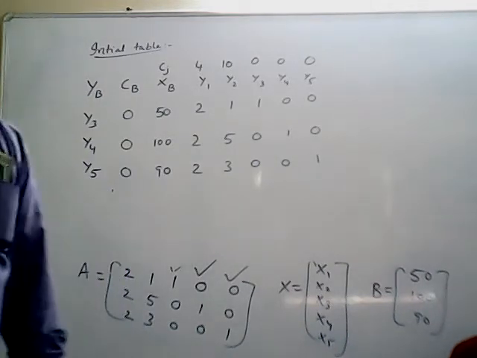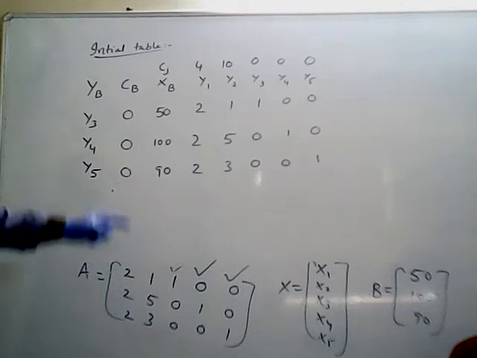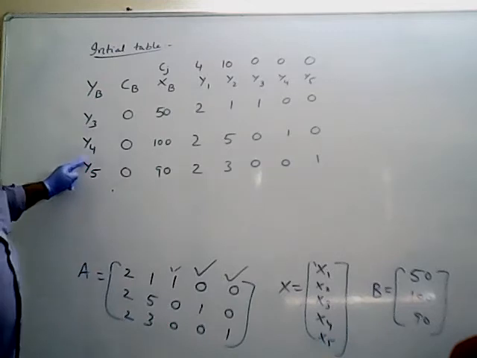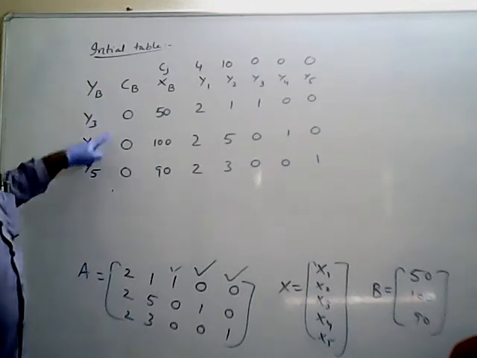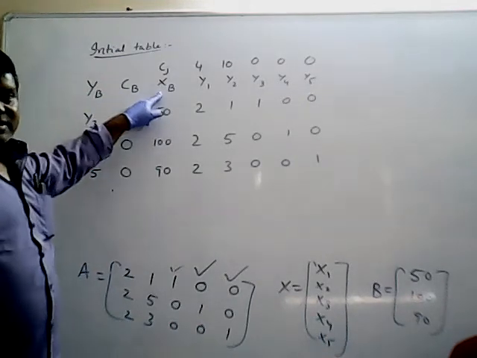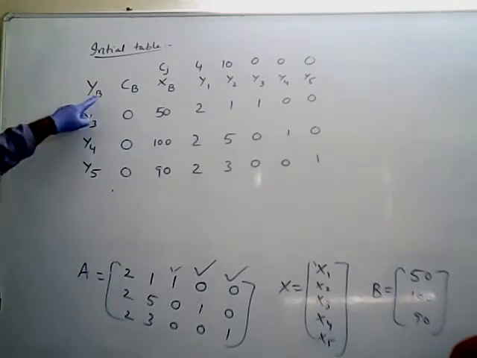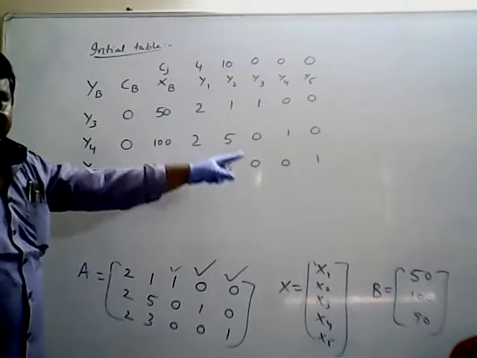So I think all of you understood how to fill the initial table. What are the columns there? YP, and YP means the variables that enter into the basis. After entering the variables, what are the costs of those variables? And next, what is your B matrices? Next, what are the variable coefficients? You have to identify. Okay, so like that you have to fill each and every data.